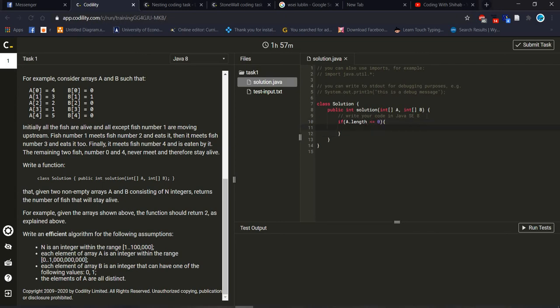If the array is empty, then we don't need to do anything. After that, I am using a stack data structure. It will take extra space, but for learning we should know how to do it, and it will help to minimize our code also.